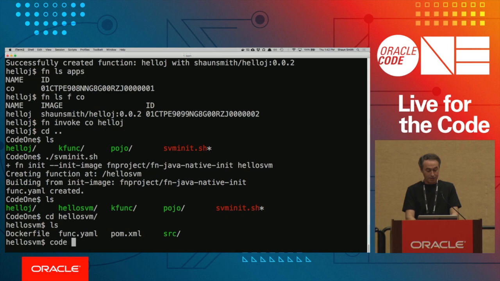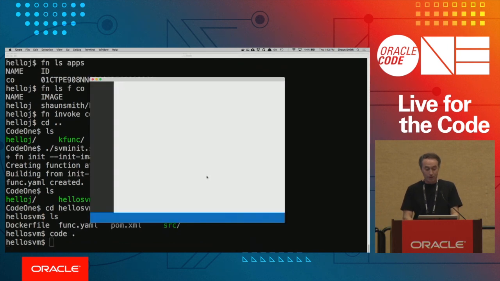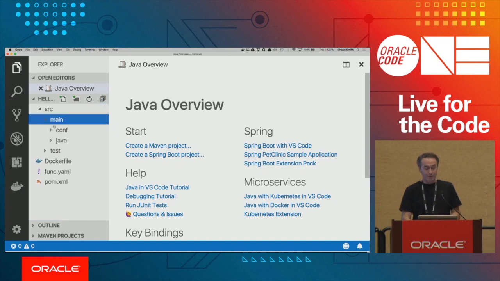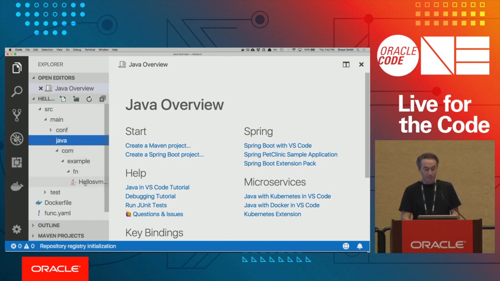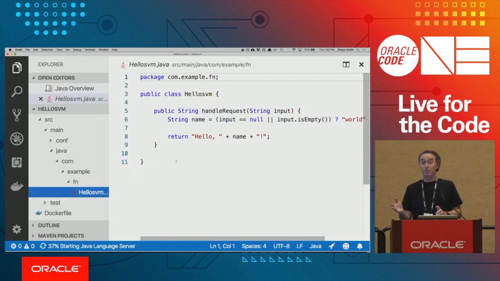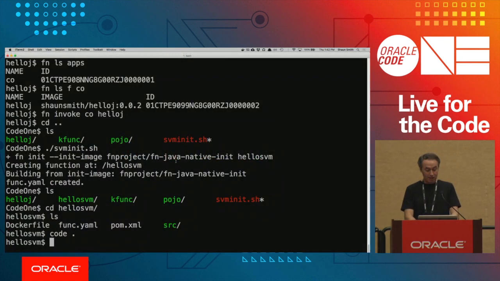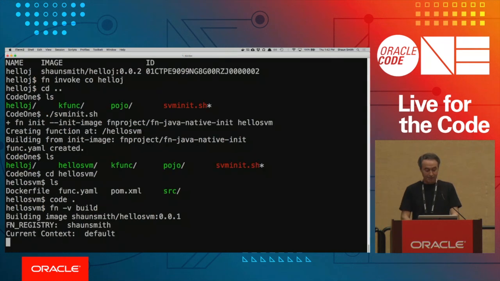Okay, and it turns out that this code, the hello world code, is identical, right? So we're taking the exact same piece of Java code, the hello world code, as a sample. Okay, so this is using SubstrateVM. So I'm going to take this. Now, let's see here, if I do fn verbose build, it's going to build that for me.